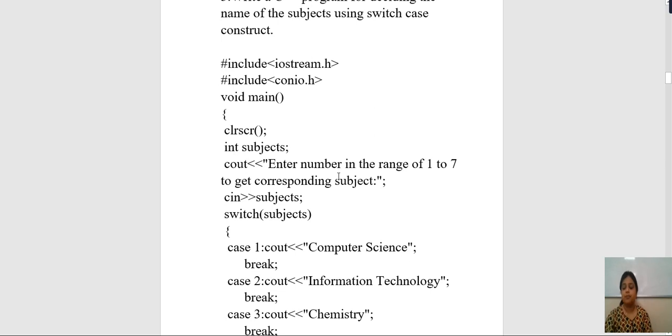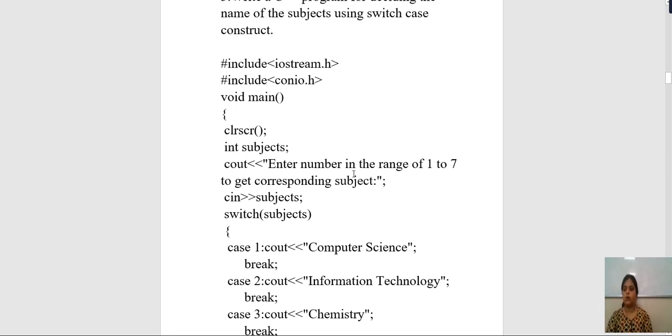So the number should be in the range of 1 to 7, and according to the number you select, the corresponding subject will be displayed. Here I have given the input statement cin subject, so you will take the value of that subject.